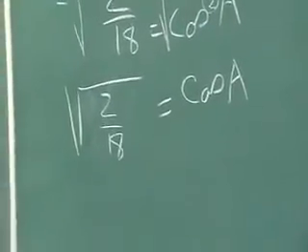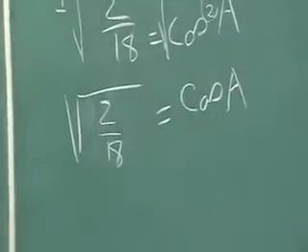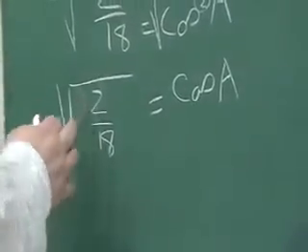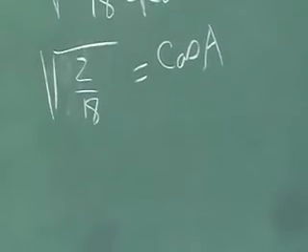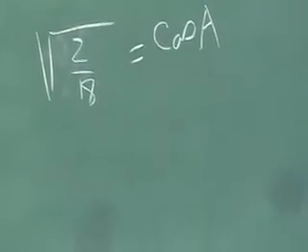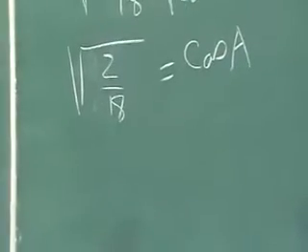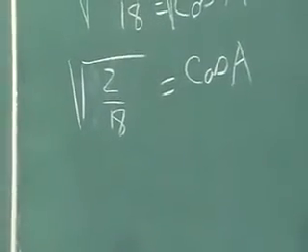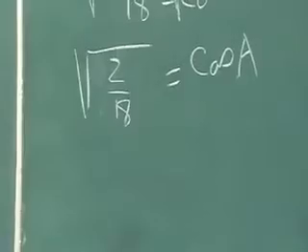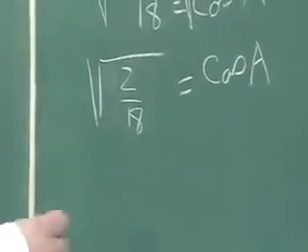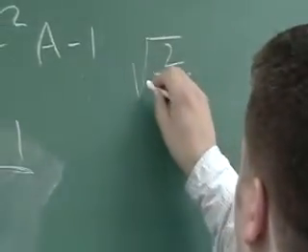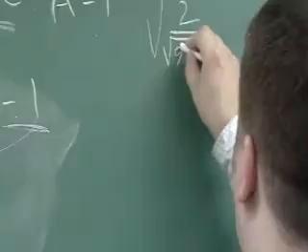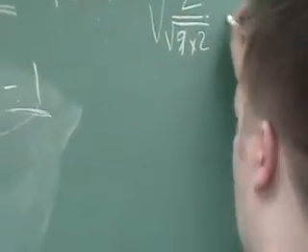So now that we've got the square root here, like we did in class before in one of our other tutorials, you can't take a square root of 2, that's as low as it's going to get. But 18, what are the factors of 18? 1 and 18, 2 and 9, 3 and 6. Of those, the largest one you can get a square root of pretty easily in your head is 9, and that's 3 times 3. So I'm going to write the square root of 2 over